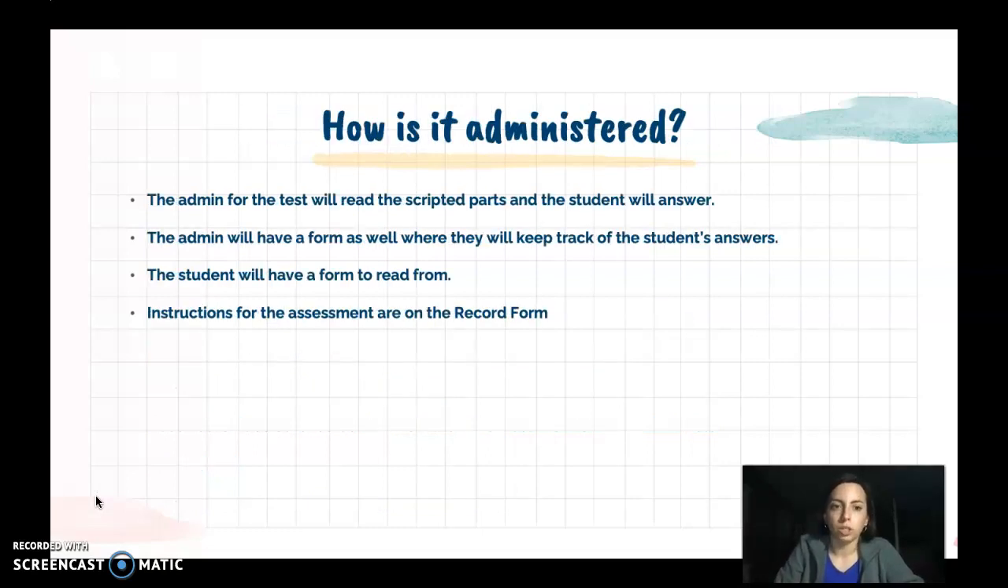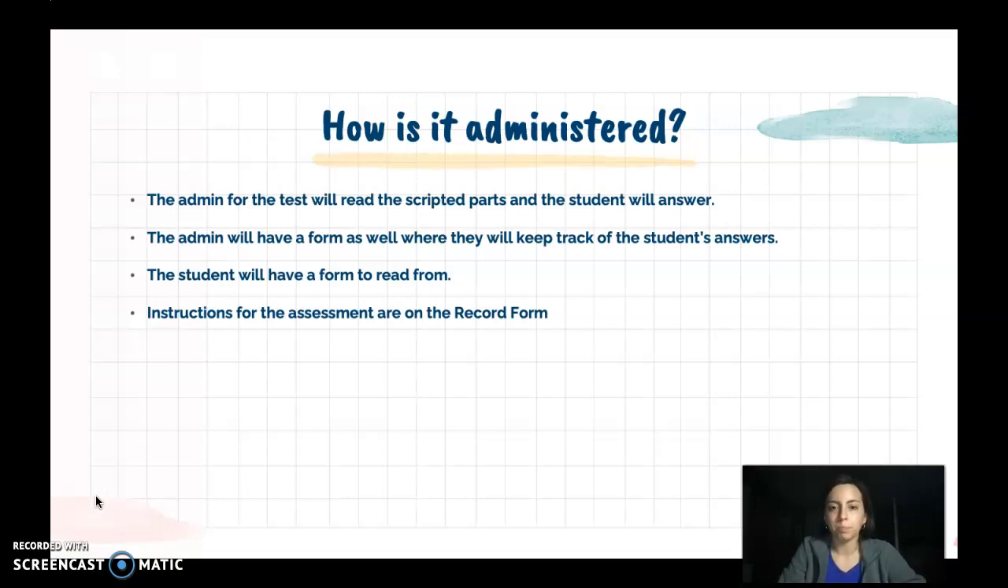How is it administered? The administrator for the test will read the scripted parts and the student will answer. The administrator will have a form as well where they will keep track of the student's answers. The student will have a form to read from, and the instructions that the administrator will look at are on